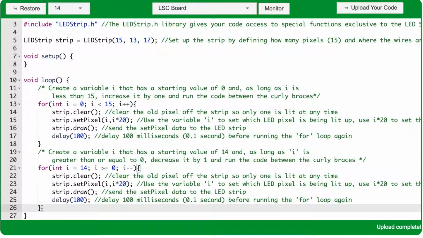When the closing curly brace of the for loop is reached, i-- runs again, making i equal 12, and the condition is checked again. Eventually, i is going to equal 0, setting pixel 0 to a color value of 0, because 0 times 20 is 0. That will be shown on the strip and delayed for 100 milliseconds before this for loop comes to a closing curly brace, and i-- will make i negative 1. Negative 1 is not greater than or equal to 0. So the condition of the second for loop is false,